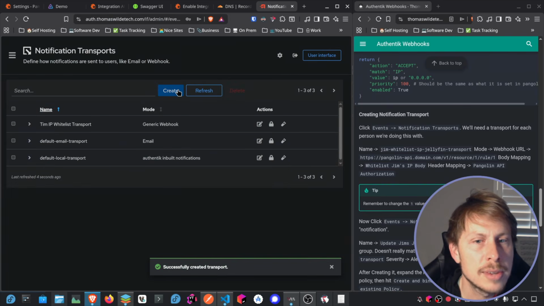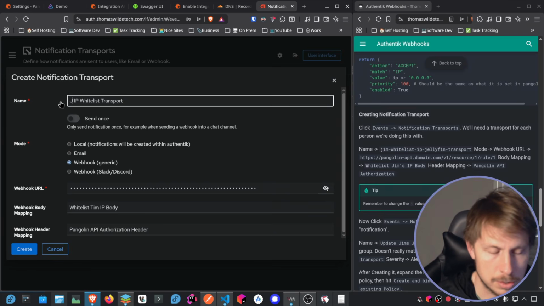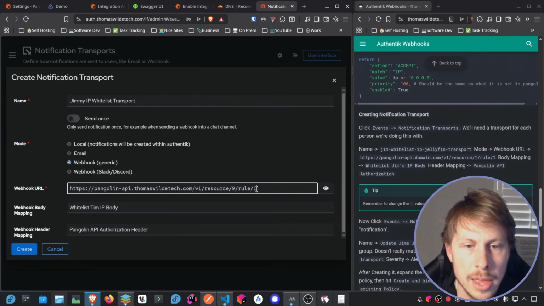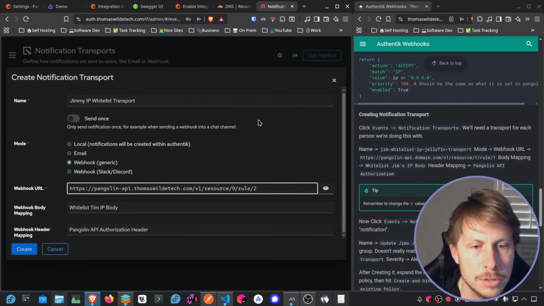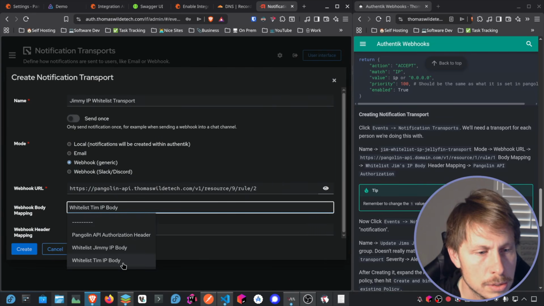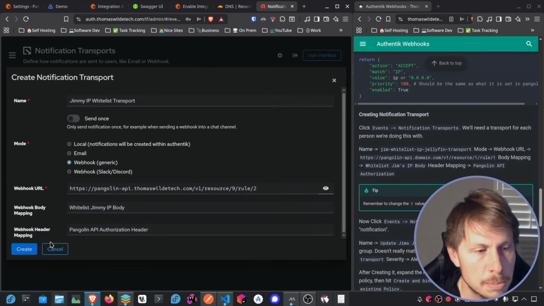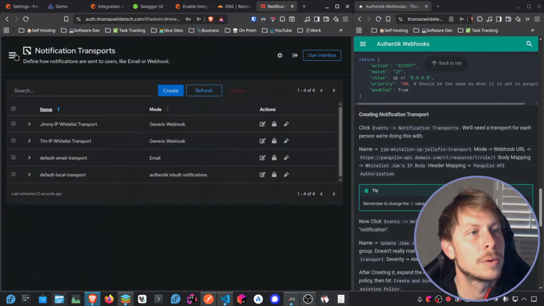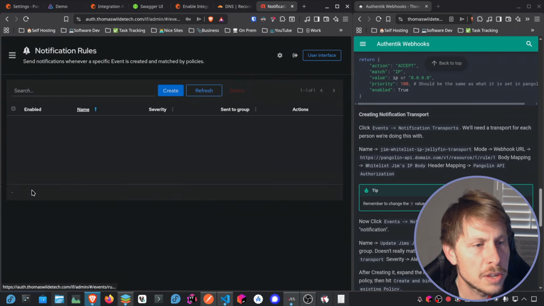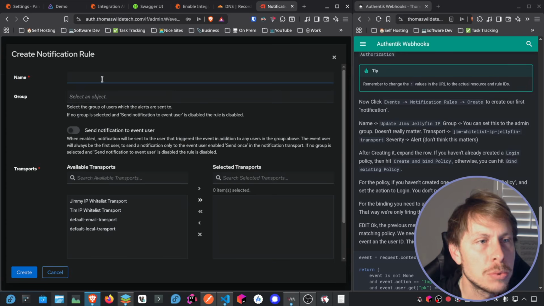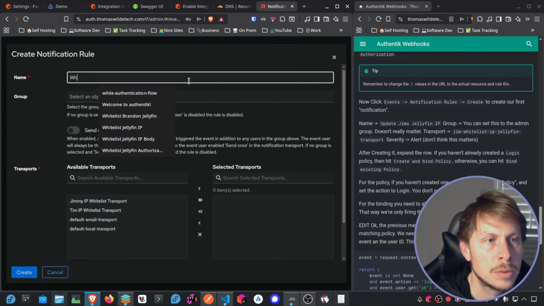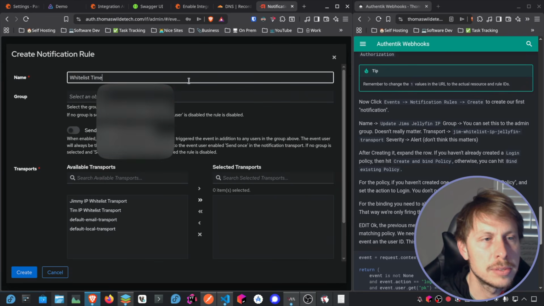Okay, let's do the same thing with Jimmy. This is going to be Jimmy. And Jimmy had rule number 2. Change this to Jimmy IP body and create. Okay, now we're going to go to the notification rules and let's create the rule for Tim. So I'll call this whitelist Tim